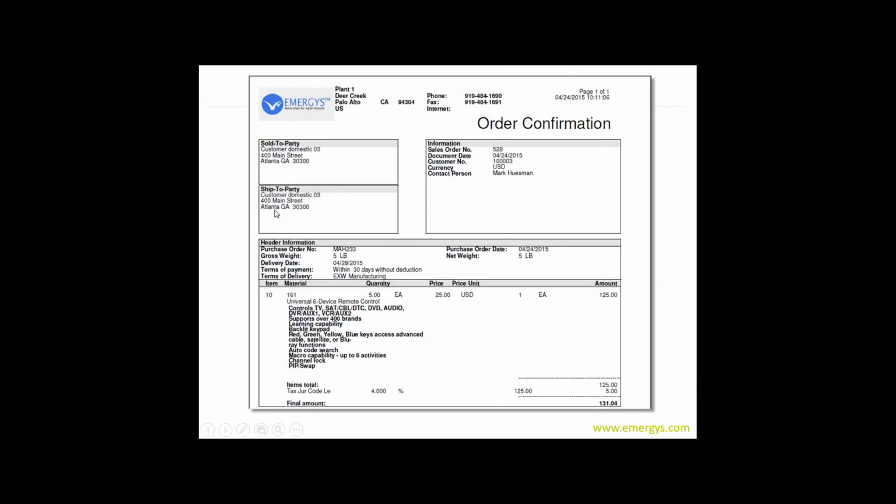So what would have been printed out by default, assuming you didn't change any of this, is an order confirmation that would look something like this. Obviously, it would have your logo, your address, and phone numbers. The rest of it's pretty much boilerplate textually, and then the specific information is pulled in. Here, I had a bunch of notes on the items, so they show up here. And you can see both the list price, the tax, and the total.